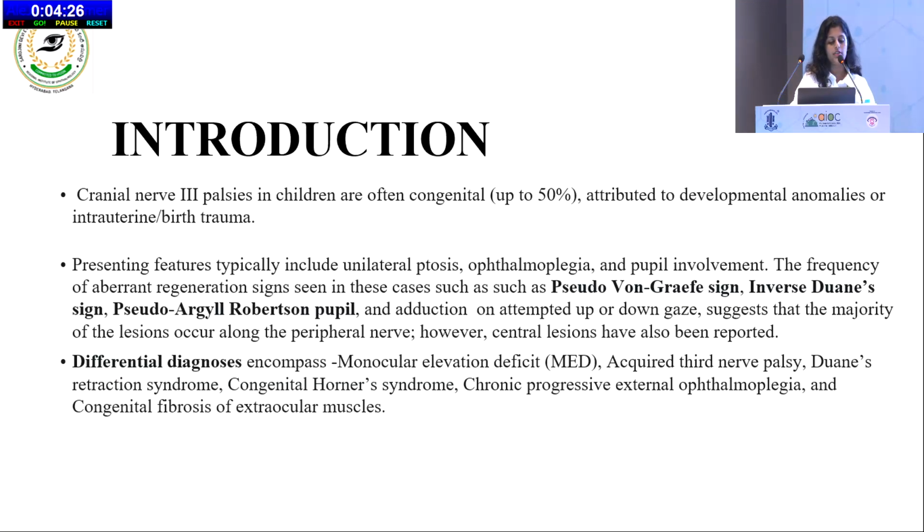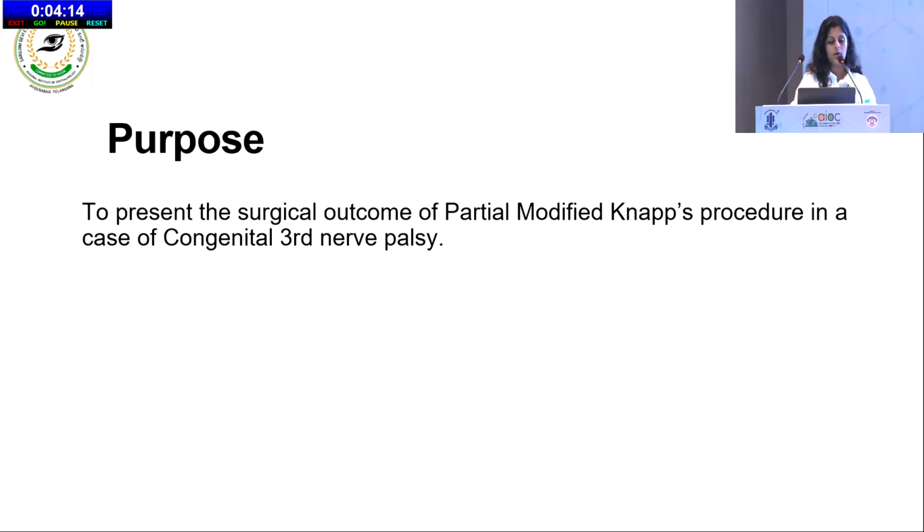And the differential diagnosis encompasses monocular elevation deficit, acquired third nerve palsy, Duane's retraction syndrome, congenital Horner's syndrome, chronic progressive external ophthalmoplegia and congenital fibrosis of extraocular muscles. My purpose is to present the surgical outcome of partial modified Knapps surgery in a case of congenital third nerve